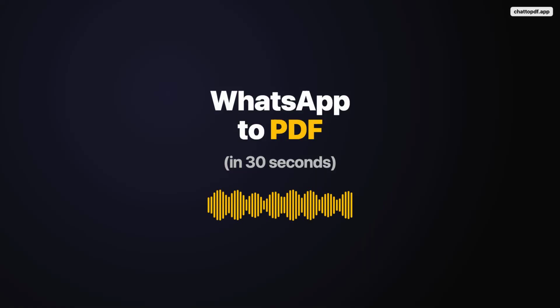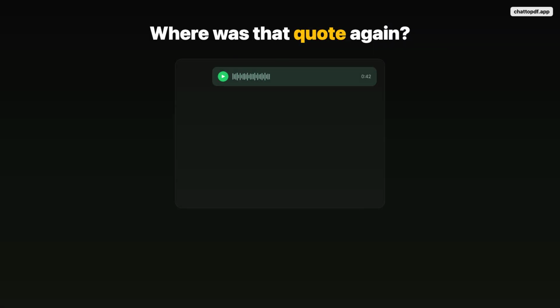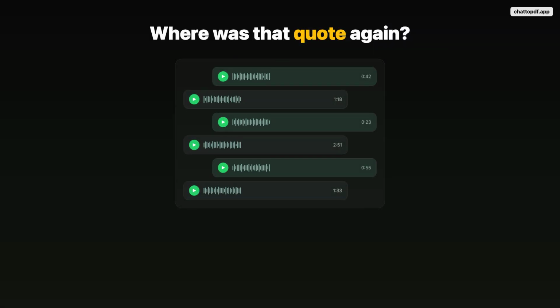Here's how to turn any WhatsApp chat into a clean, searchable PDF in about 30 seconds. I'll show you exactly how it works. WhatsApp doesn't give you a real archive. The export it ships with is a messy text file in a zip, not something you'd send a lawyer or